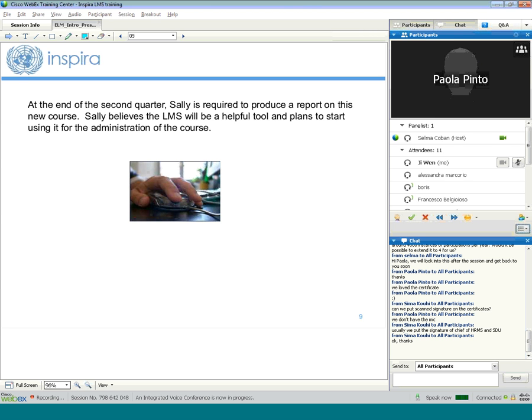We are excited to start working as a test site, as we would really like to have a comprehensive repository tool. The thing is that we may have some issues with the self-registration from participants.